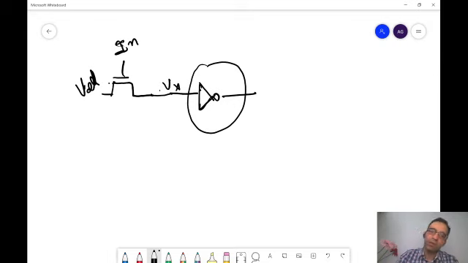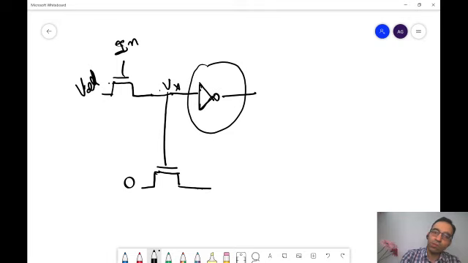Now tell me how to design a PTL based inverter. I can take this Vx to the gate of an NMOS. And I will store a 0 over here. So my output will go to 0 like this. But when the output has to go to 1, how will I put this NMOS? What configuration should I use? Then we have to put the VDD, but then it will also be reduced. Okay, you're saying VDD.